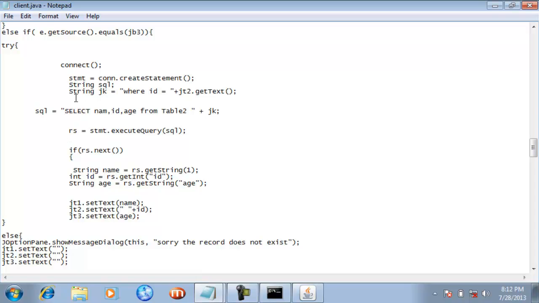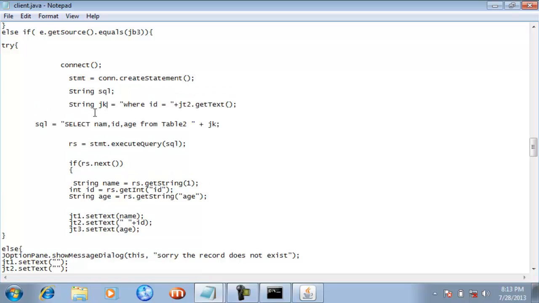So see guys, again we have created a link between the Java application and the MS Access database with the help of this method. Okay, and now guys, we are using the statement object, that is stmt, and con.createStatement we already know. For that, see this SQL variable, this is important.